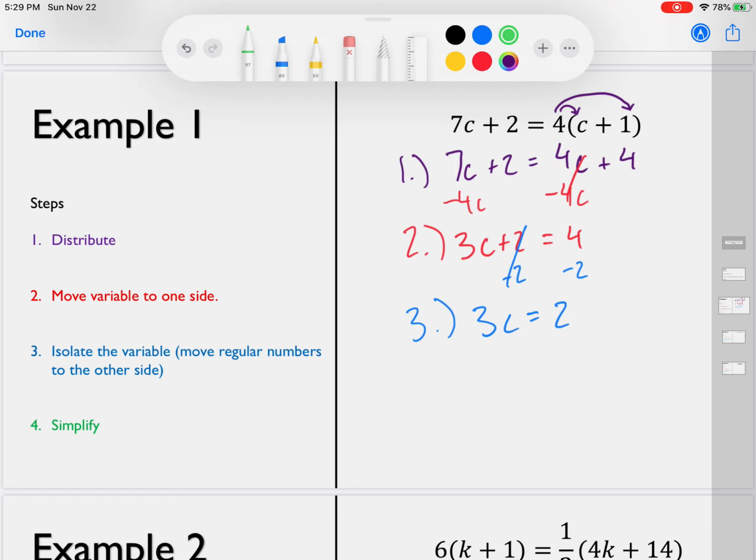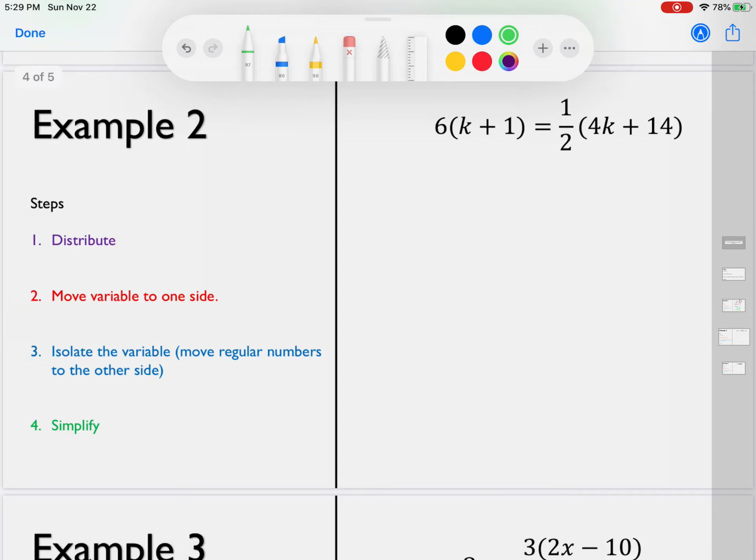That is our third step. And then our fourth step is finally just to split up that term with the c in it. Right now that term is 3 times c. We want it to just be c. So we're going to divide by 3 on both sides, keep the equation balanced and happy, and we're going to be left with c equals 2/3. That fraction is already in its most reduced form,